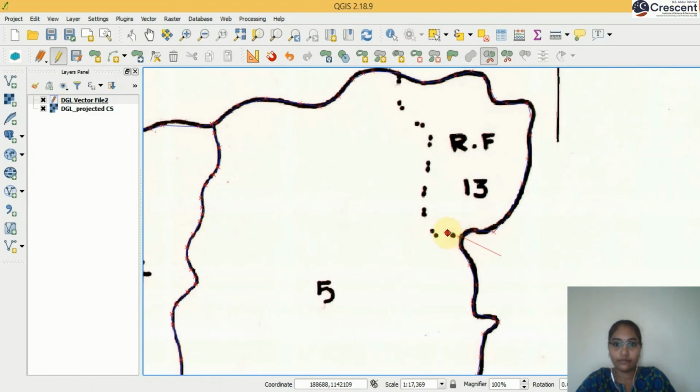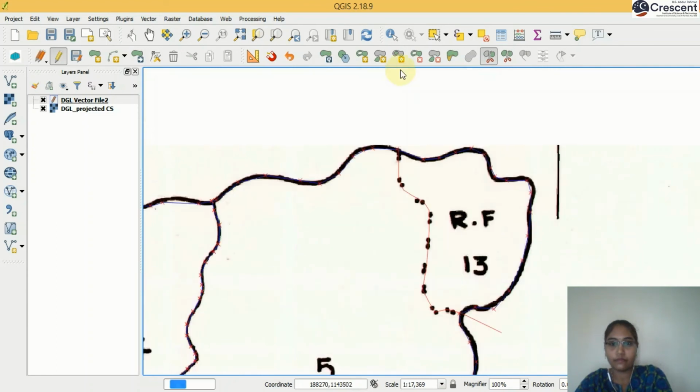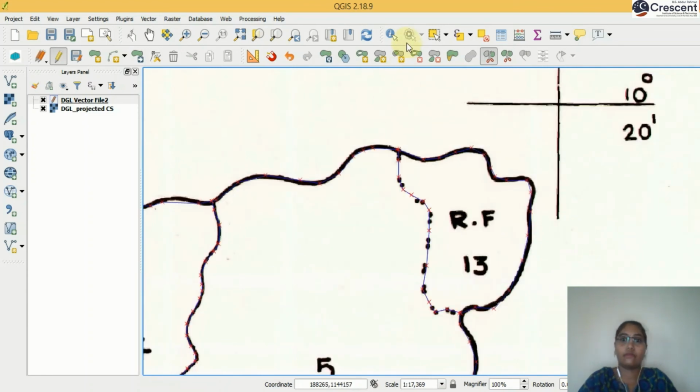Features. Even the dotted lines should also be cut into polygons. Okay.